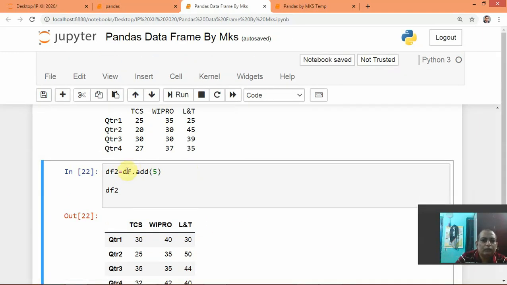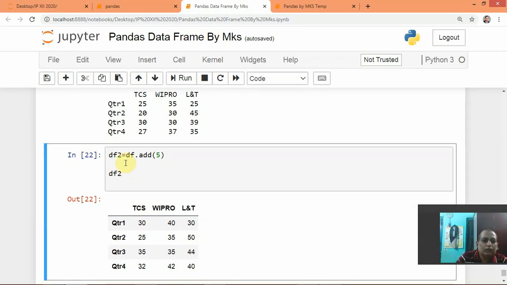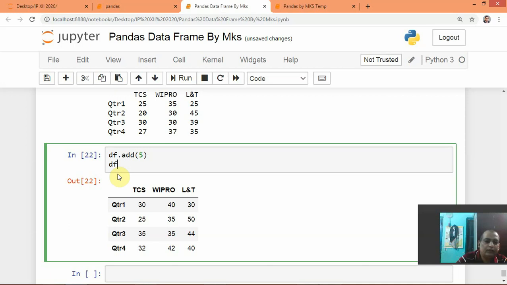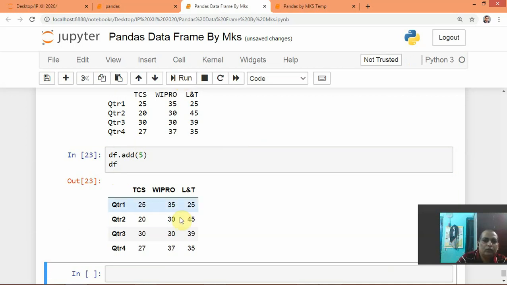If we remove this df2, what will be there? It will increase the value by 5 temporarily, but it is not permanent. So output will come like this, because df has the original values.